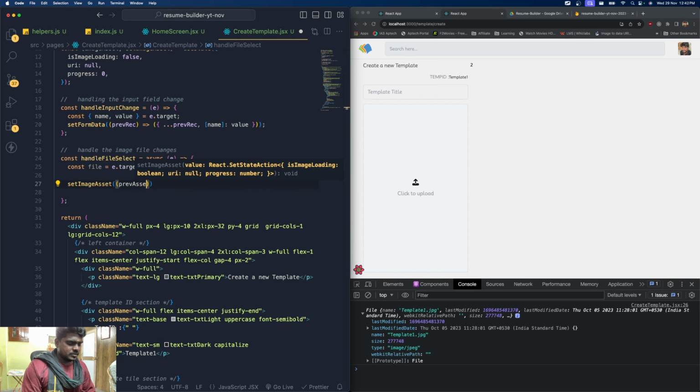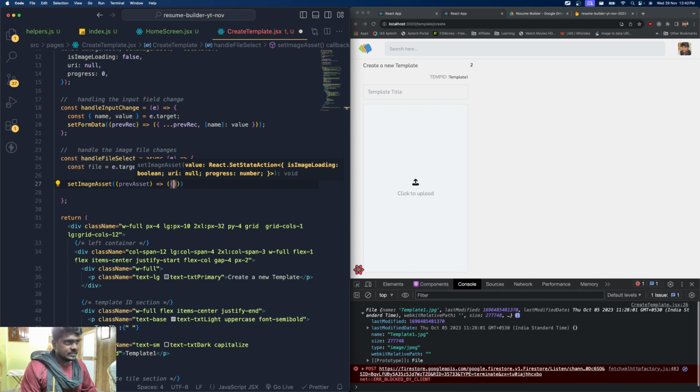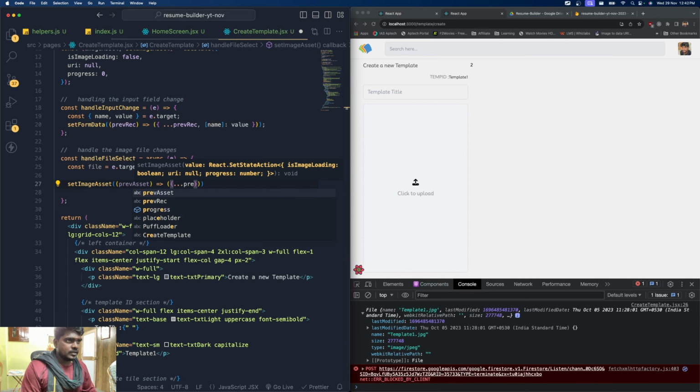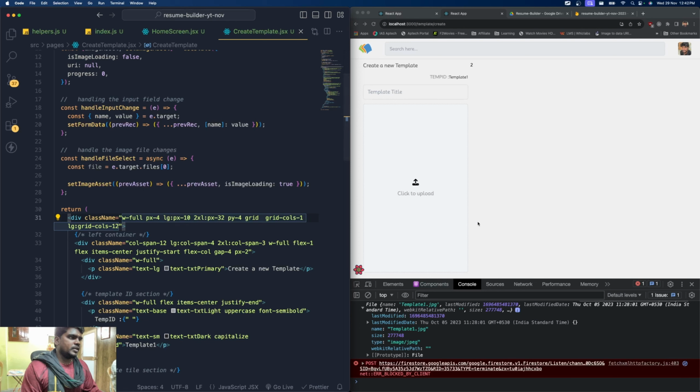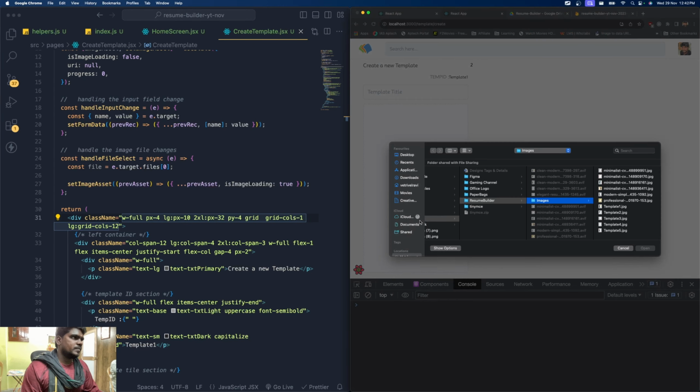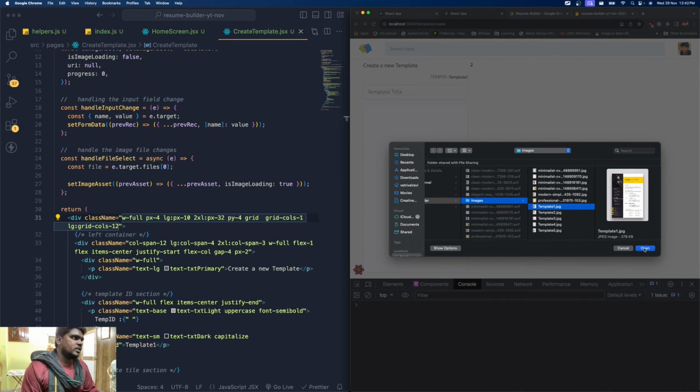We'll get the previous asset information, and then using that previous asset information, I'm going to update that image loading state as true. So now if I click this and choose any image, and you can